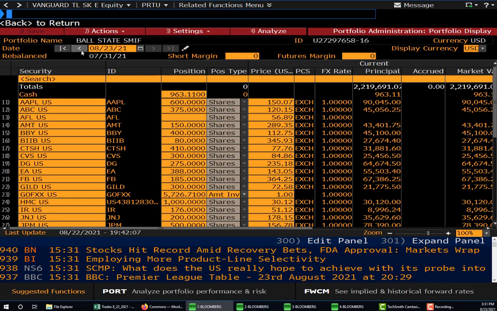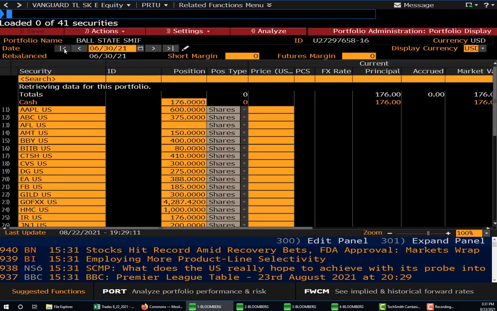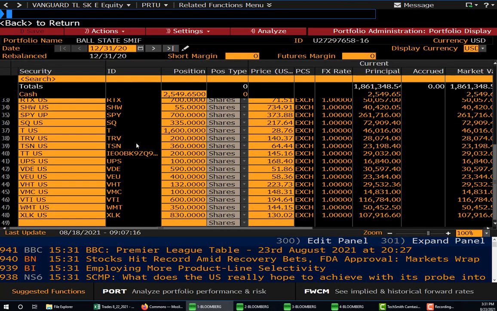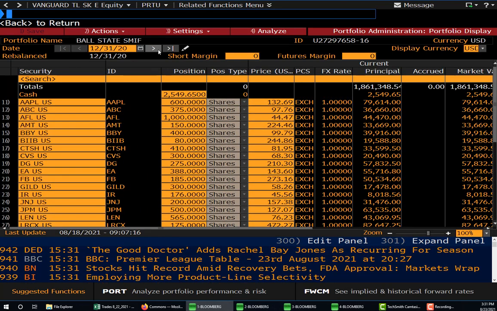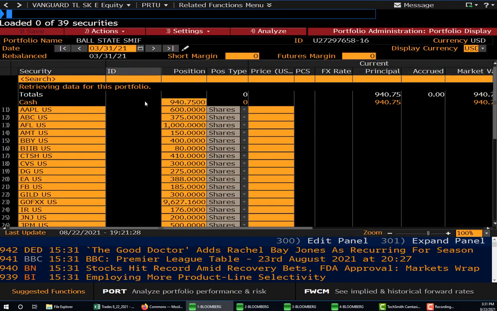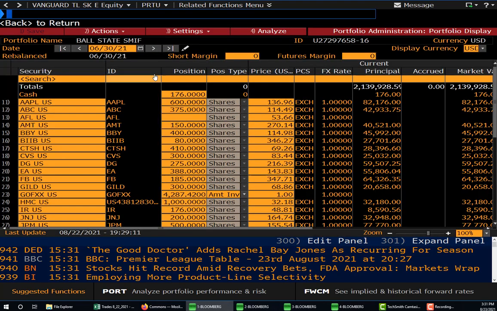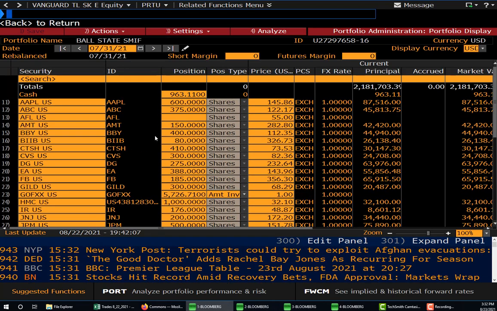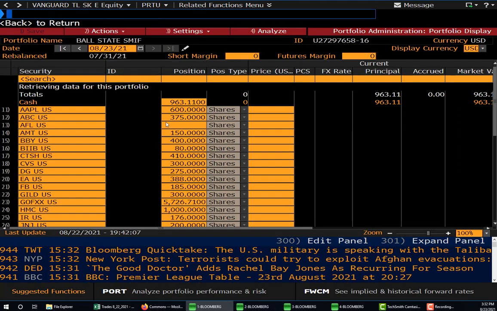So notice here, we have all of our positions entered as of 12/31/2020, 3/31/2021, the end of June, and the end of July. And you should have the same market value for each of these periods. And then finally, if you want to go all the way forward, it'll take you all the way to the